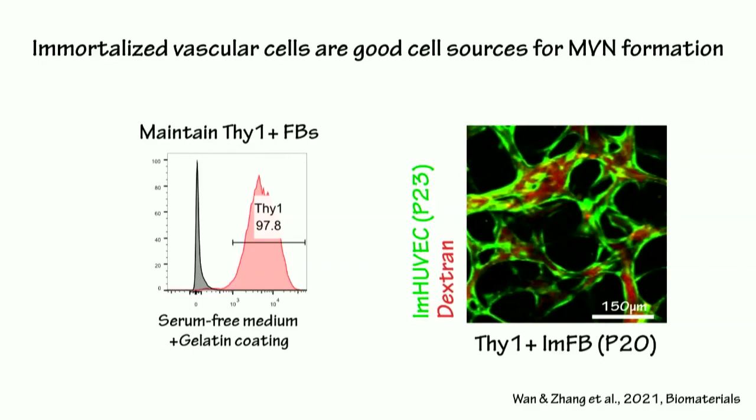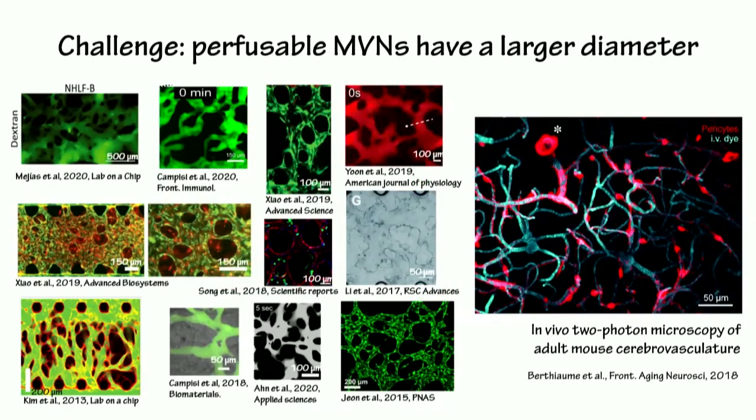Well, another challenge that I'm going to introduce is not only from our lab, but also from other labs. In their previous publications, most of the perfusable networks tend to have a larger diameter compared to the ones in vivo. As shown here on the right, these are the mouse brain vasculature. Although the diameter is very small, they are still perfusable. As shown here, they perfuse the dye in cyan color. So the challenge for us is how can we engineer blood vessels that have very tiny diameter,